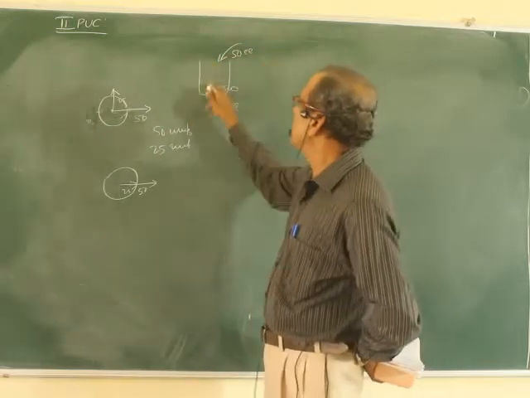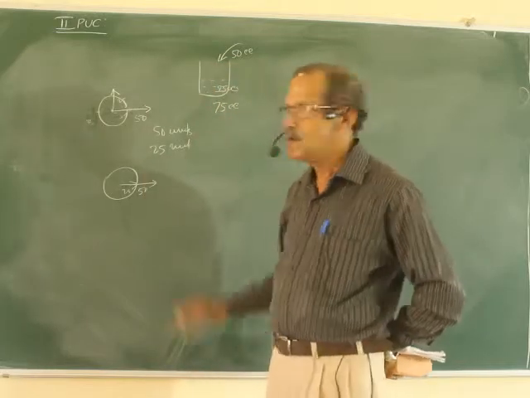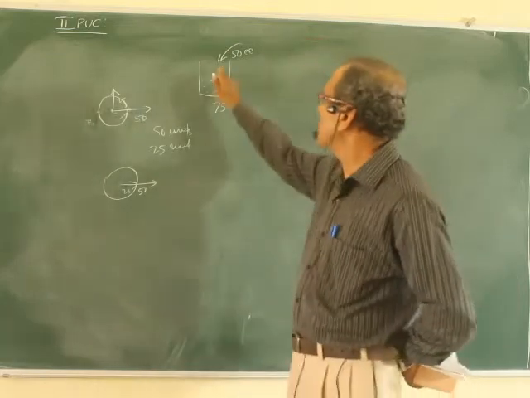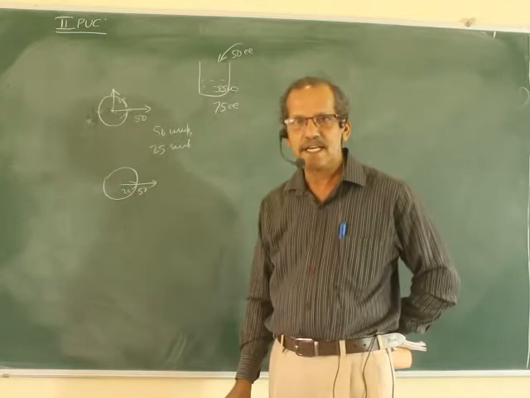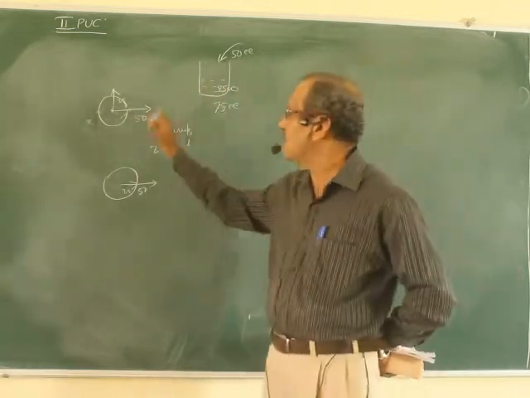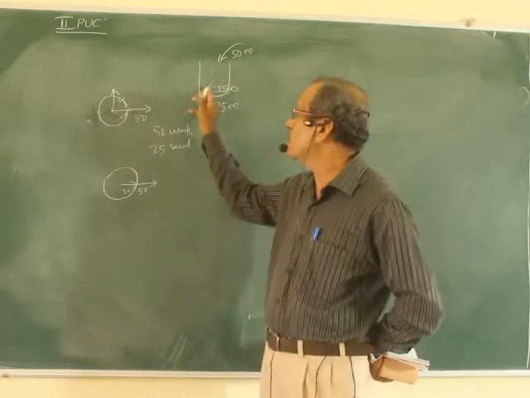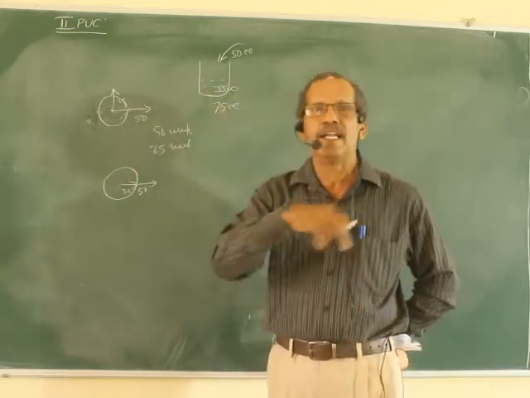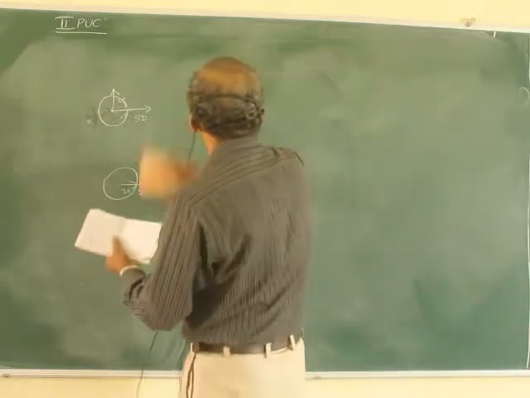Here, whichever may be the direction you put the water, 50 cc, the total amount of water will be 75, no doubt. There you need not mention in which direction you are pouring the water. Not necessary, because it is scalar. So, there are two quantities, vector and scalar. Scalar has only magnitude, whereas vector has magnitude as well as direction. Right?